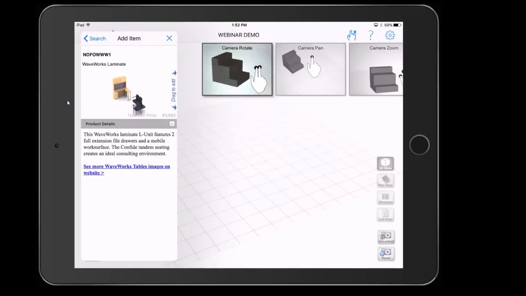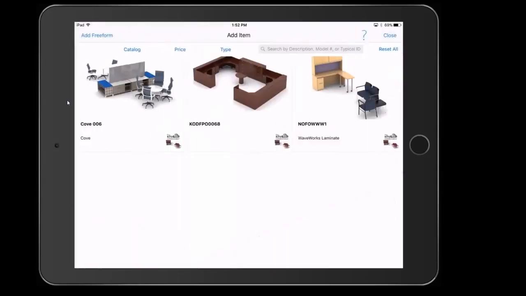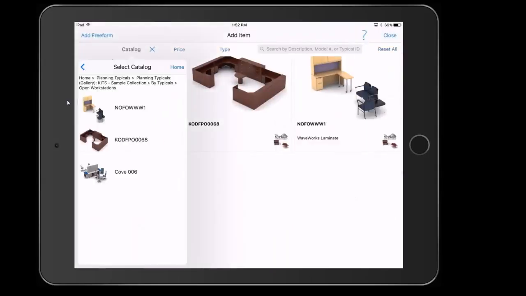All right, so double tapping in the submenu brings you right to the scene builder where you can quickly add this project to your scene. Now I'm just going to go back again, open up the catalog filter. If I tap on the thumbnail